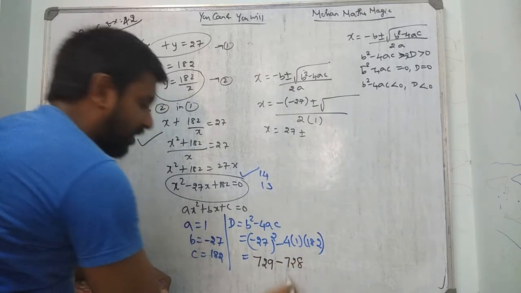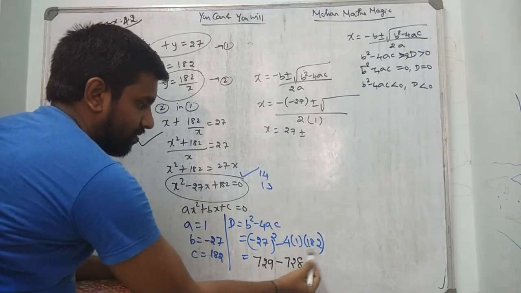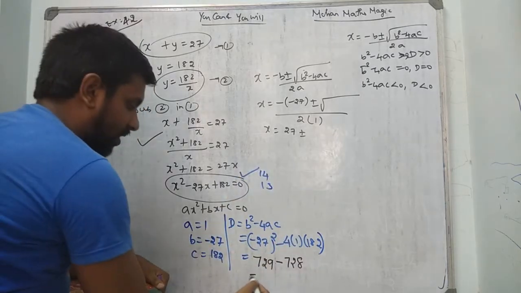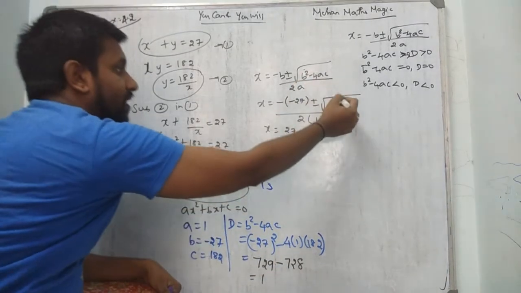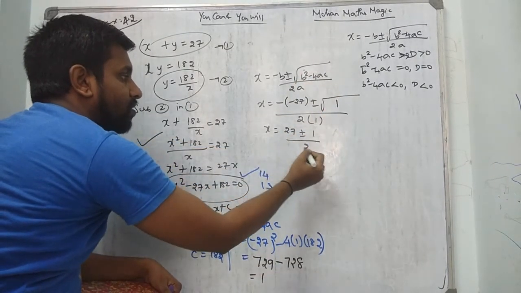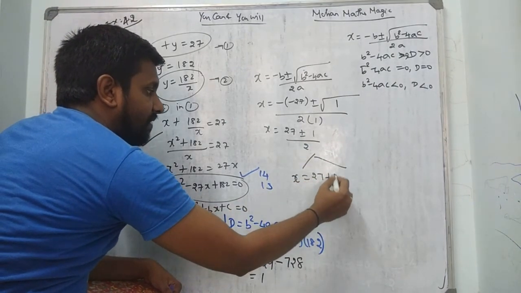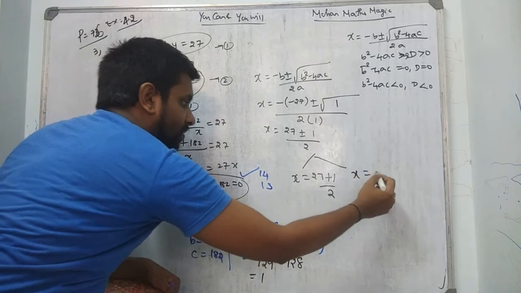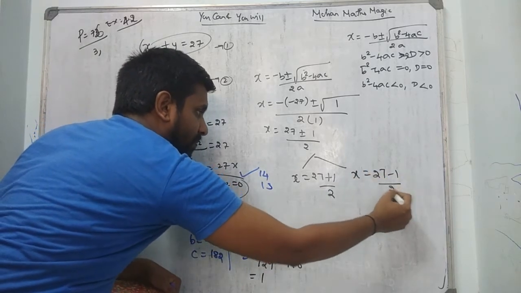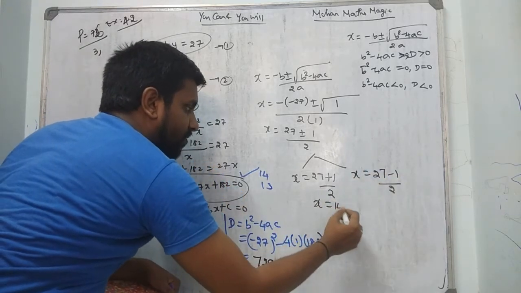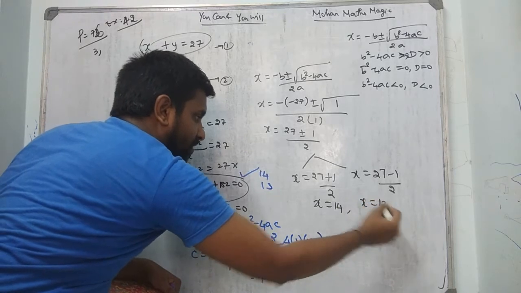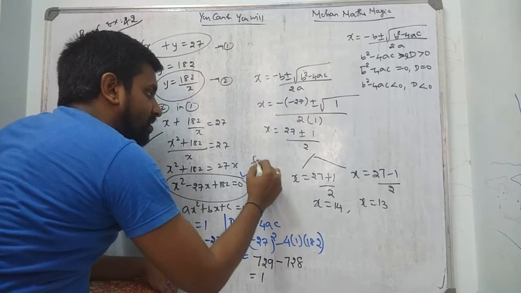I think 729, 8, 2, 3. Yes, so I got 1. Substitute the value 1 upon 2. So two cases. One is x equal to 27 plus 1 upon 2, the other one is 27 minus 1 upon 2. So x equal to 14 and x equal to 13, which I got the same answer,